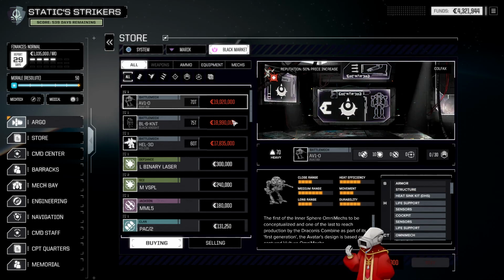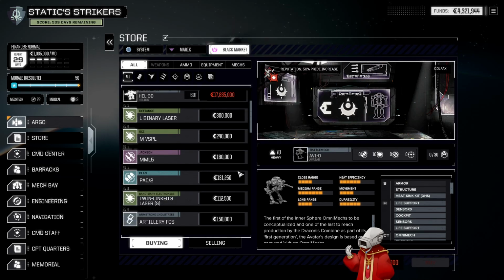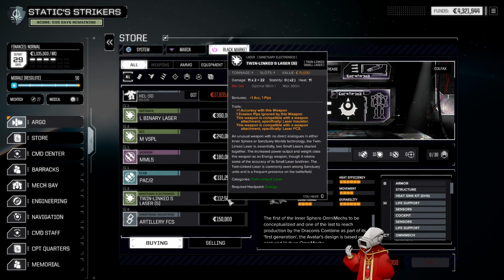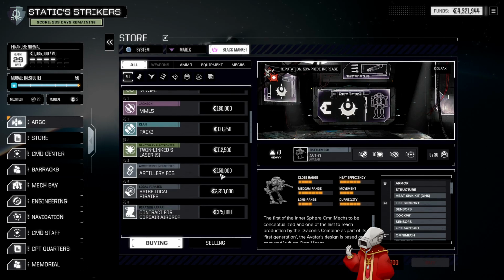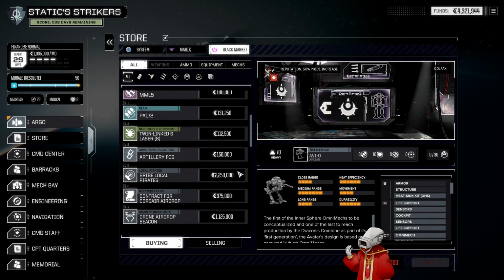Let's see, what's in the black market? Avatar, Black Knight, Helios, large binary laser, 2 medium VSPLs. Those are good, honestly. Twin Link Small Laser, those I might want to buy. Those are actually good. Artillery FCS, do I have any of those? I don't. I'm going to want at least one of those, so...